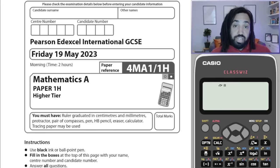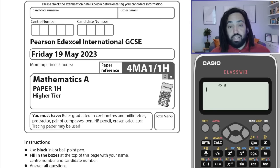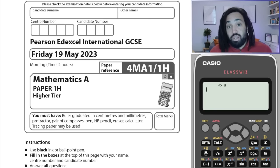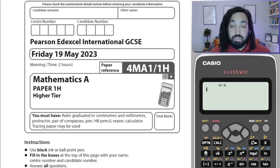Hello, my name is Mr. Asprey and I'm going to do another speed run. I'm going to try and get this paper done in under 35 minutes and hopefully get 100%. I've not looked at the paper. I'm just going to do it blind. If I make some mistakes, then I will correct them at the end when I mark the paper. Hopefully I won't. And this paper is, as you can see, from 2023 in the summer and it's paper